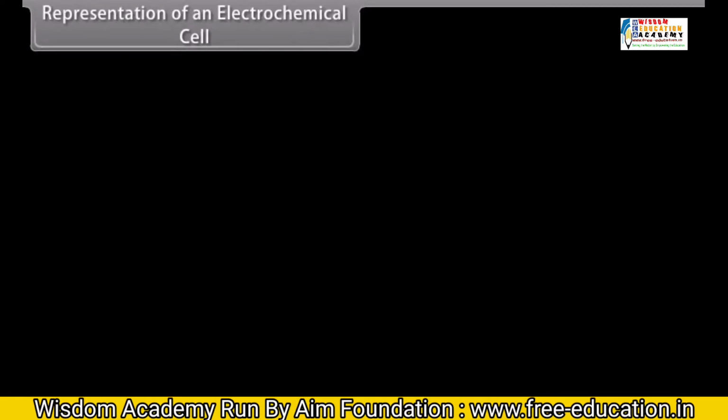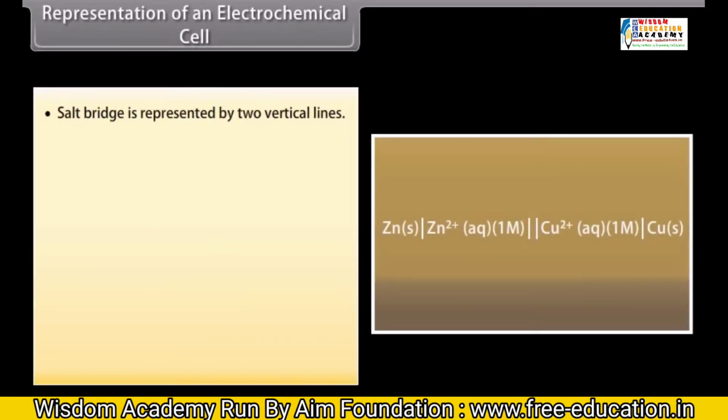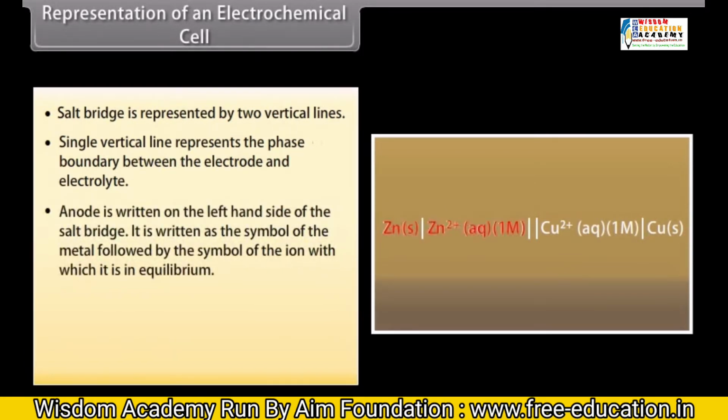Representation of an electrochemical cell. An electrochemical cell or a galvanic cell is represented in a manner as follows. Salt bridge is represented by two vertical lines. Single vertical line represents the phase boundary between the electrode and electrolyte. Anode is written on the left-hand side of the salt bridge. It is written as the symbol of the metal followed by the symbol of the ion with which it is